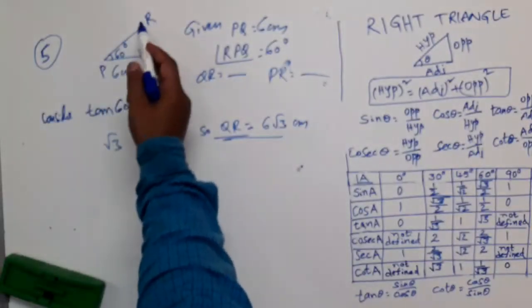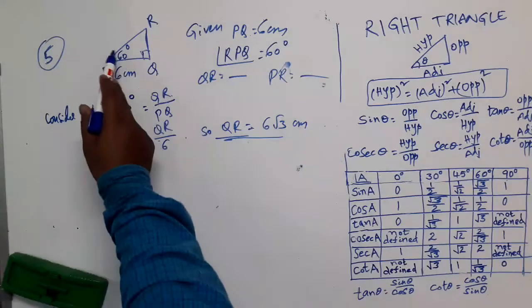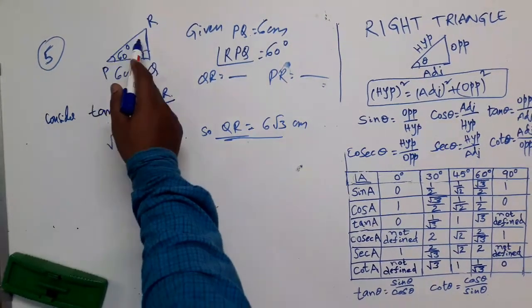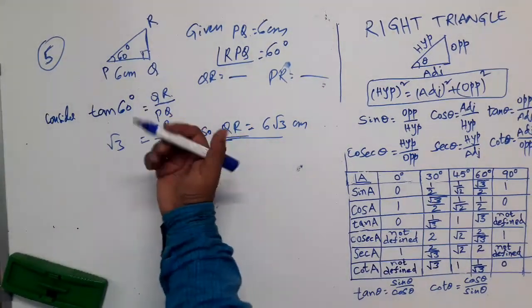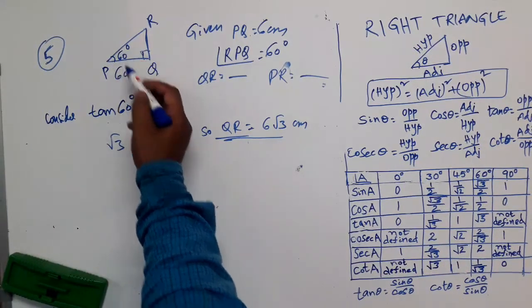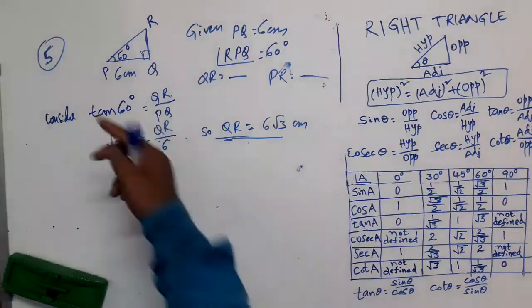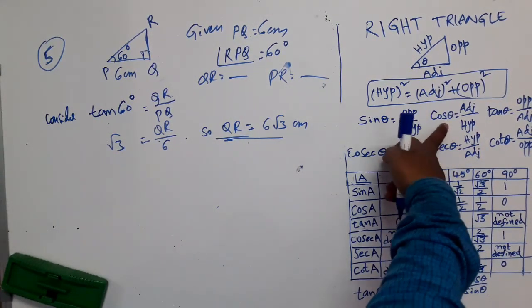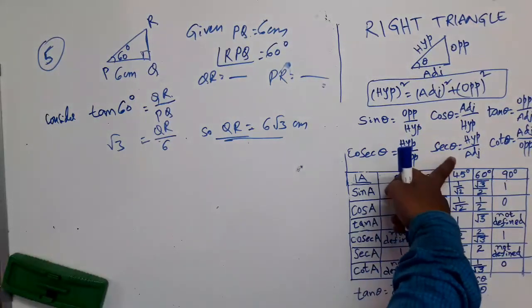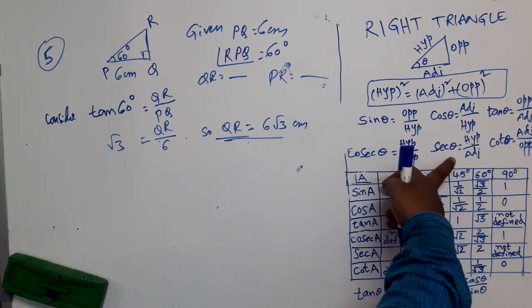In the same way, next I want to find the value of PR in the same right angle triangle. PR is the hypotenuse here. I know the adjacent side for this angle. Adjacent and hypotenuse. Now I am searching for the ratio among those 6 ratios which relates these two. Adjacent by hypotenuse is cos theta, so I can consider cos or secant theta. Secant is hypotenuse by adjacent. This also will give you a relation between hypotenuse and adjacent side. Either of these two you can consider.